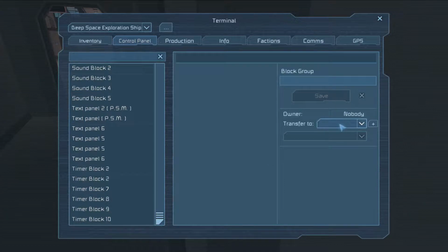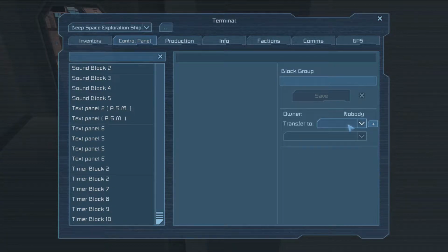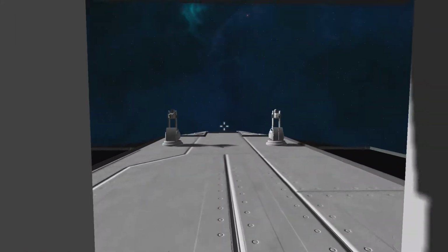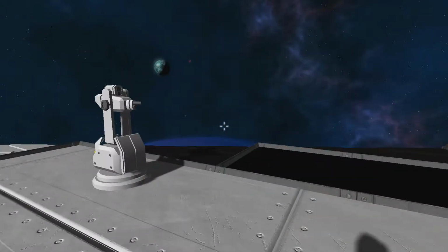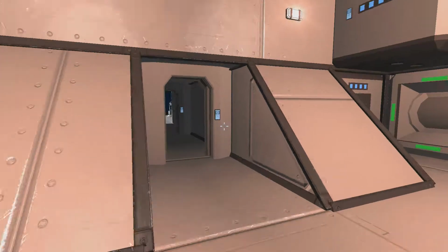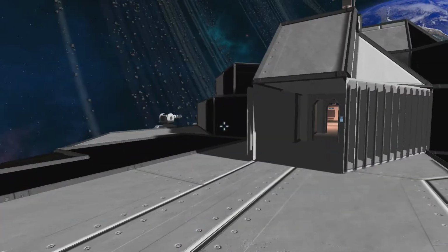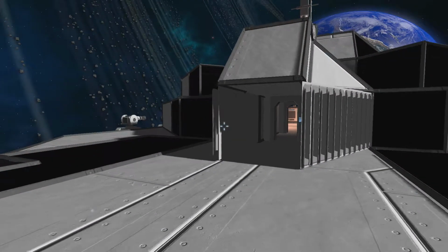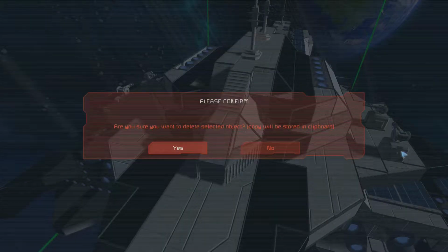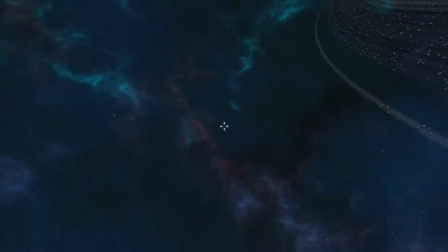So, transfer everything. Oh, actually, no, I'm gonna add a new faction. Yeah, that's fine. Transfer everything to NPC. Yes. So now, this is an enemy, and apparently turrets are off. Now they're on. No, they're not. God damn it. Really? Okay, let's do this again. I apologize for my newbiness. Because now I don't have any control over anything on that ship, so...